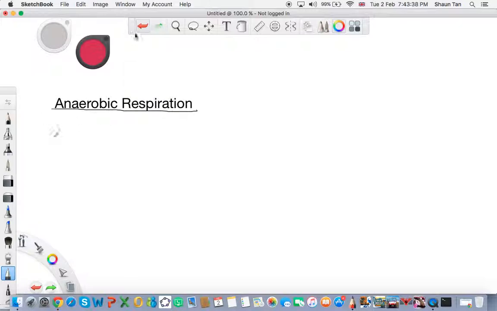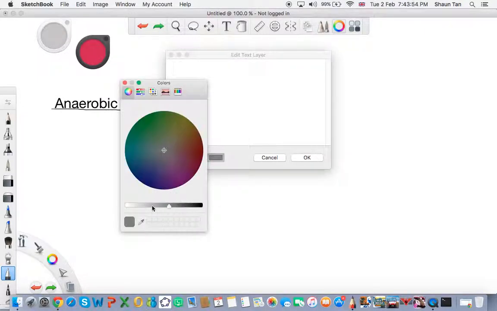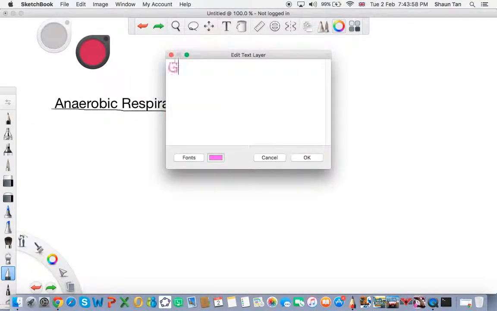I'll write out the words first. So it's glucose. I want it pink, so I need this in color. Pink. Okay, good. So glucose